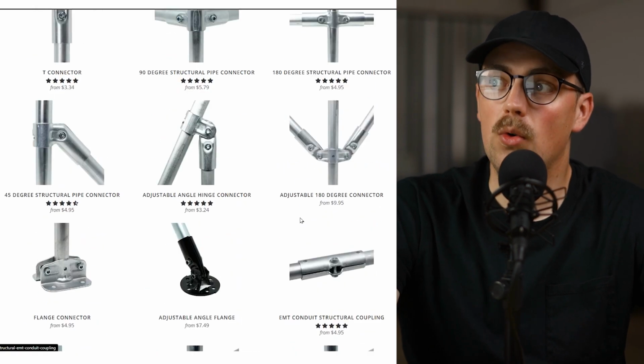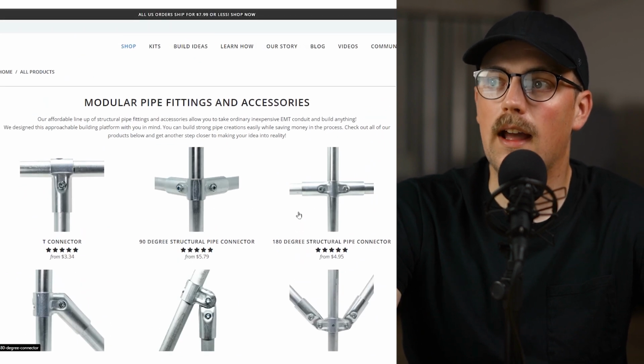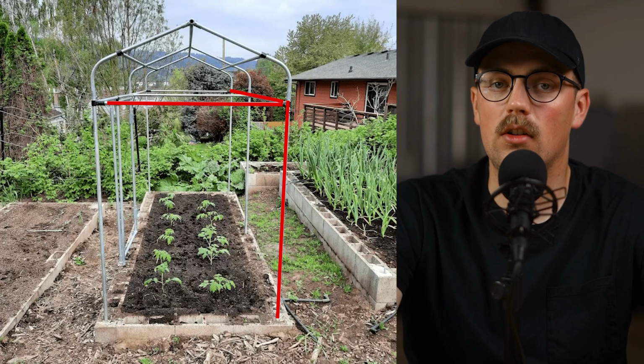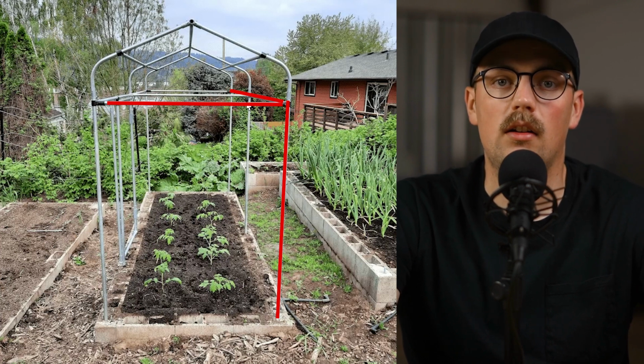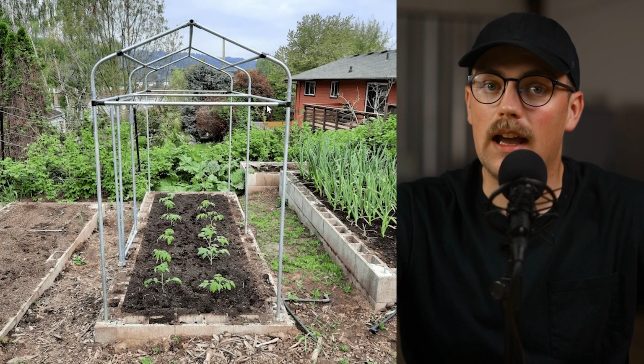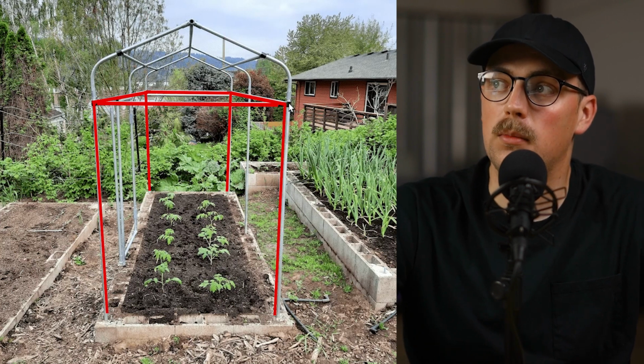So that means the only possible option that we have for this corner connection is the 90-degree connector. And if we look at it and we see those three pipes at a 90-degree angle, then we know it's the 90-degree connector. And we've already figured out our first connection. And in fact, we just figured out four connections because this same technique was used in all four corners to